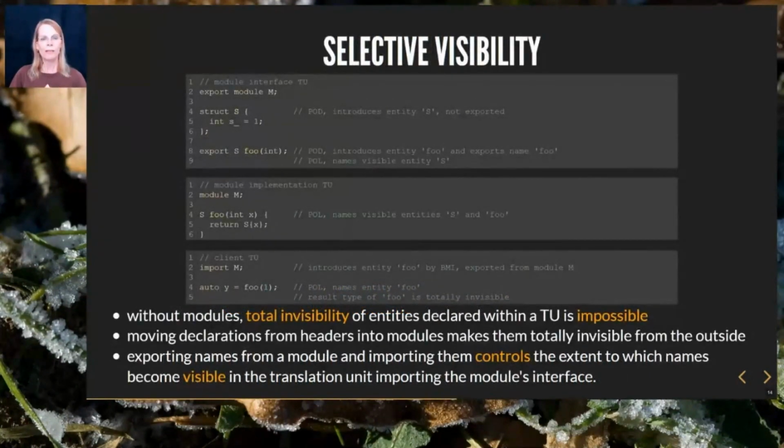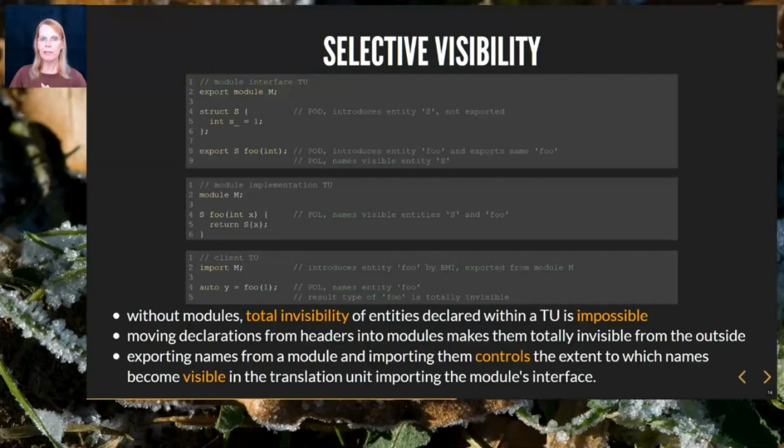So far, TUs erect barriers between them that make names declared in different translation units totally invisible. Modules extend visibility across translation unit boundaries by passing names declared in the module interface translation unit through the BMI into other translation units that import the BMI, similar to wormholes in the universe. Remember, visibility is only about names of entities, to make them available for name lookup.